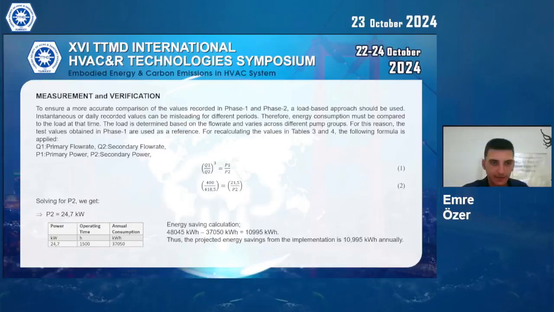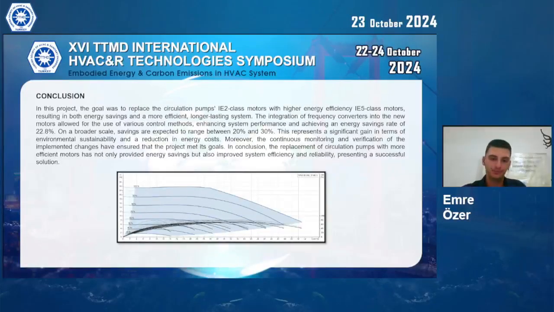And we are getting 37,000 kilowatt hours for annual consumption. When we do the calculations, we get almost 11,000 kilowatt hours of annual energy savings,